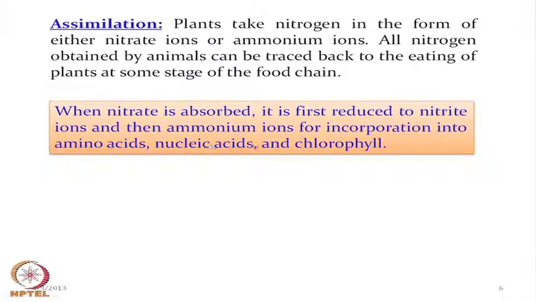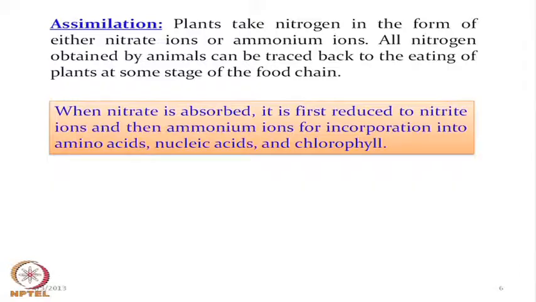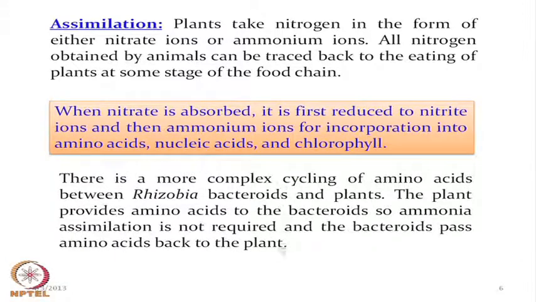So, for the formation of all these important biomolecules which nature can synthesize for us, the biosynthetic pathways are all dependent on the typical nitrogen cycle. So, the nitrogen cycle can influence the corresponding production of these important molecules like amino acid, nucleic acid and chlorophyll. So, the rhizobium bacteria we have seen, and therefore we can have the corresponding complex cycling of amino acids.